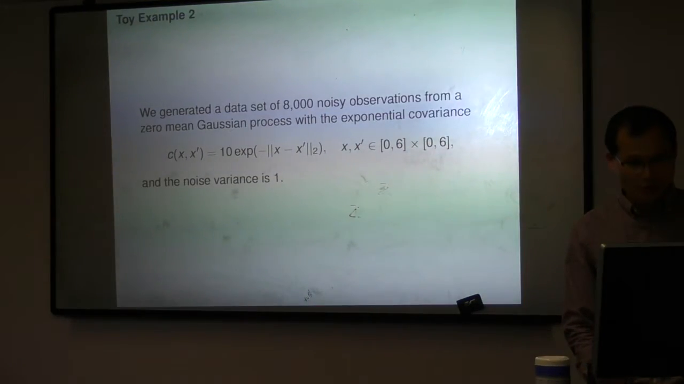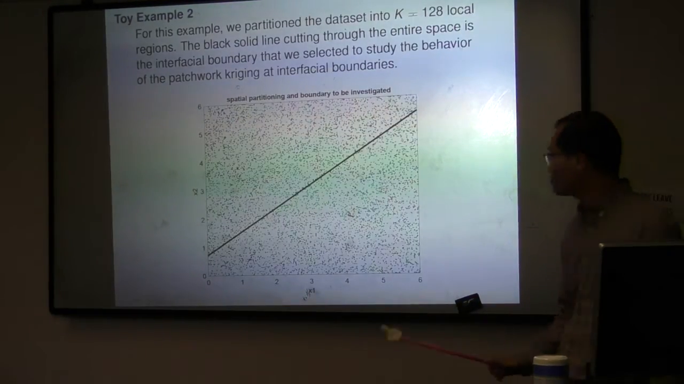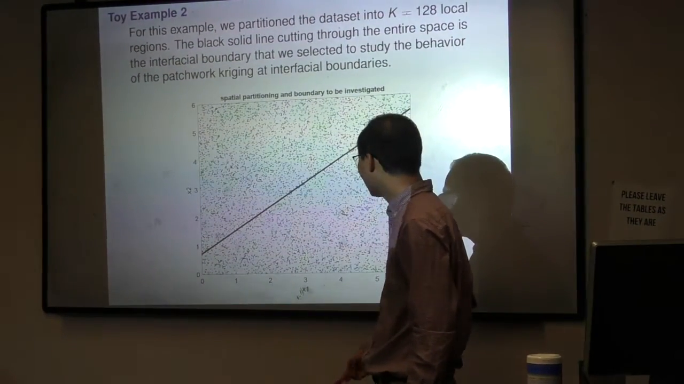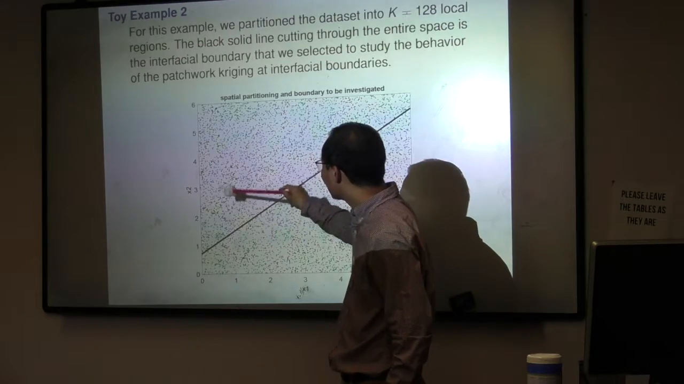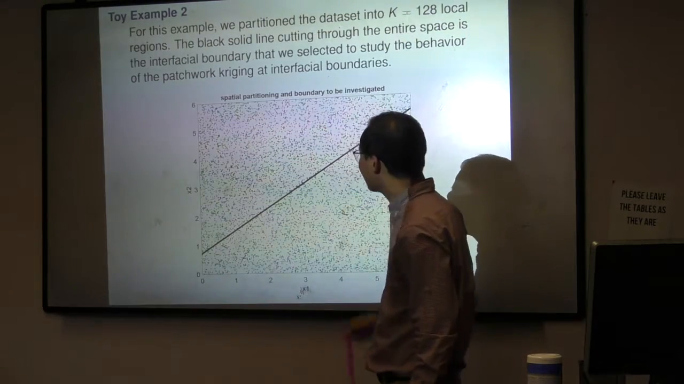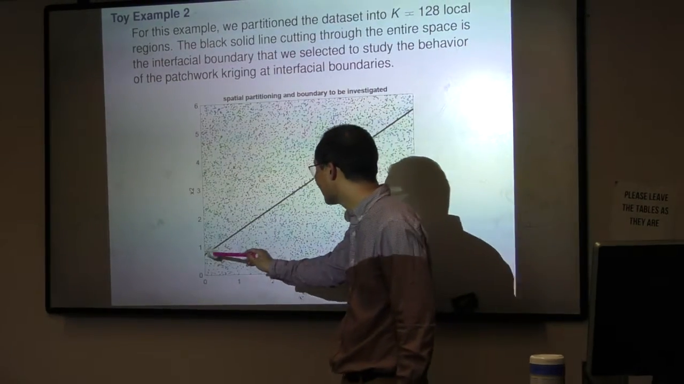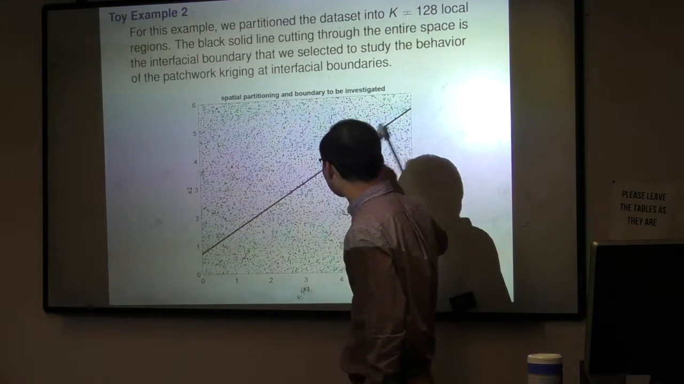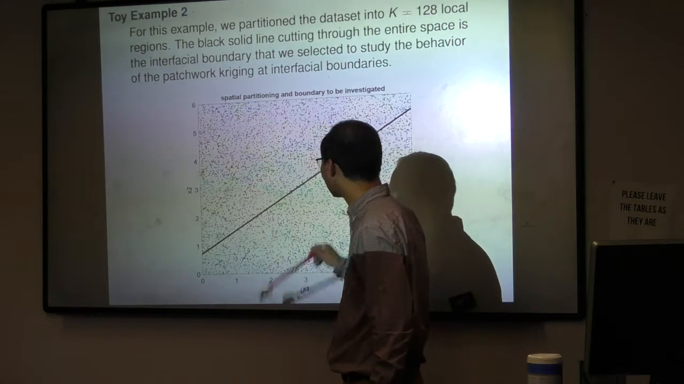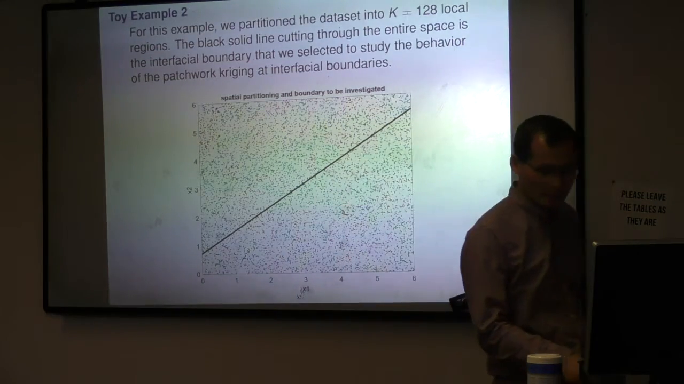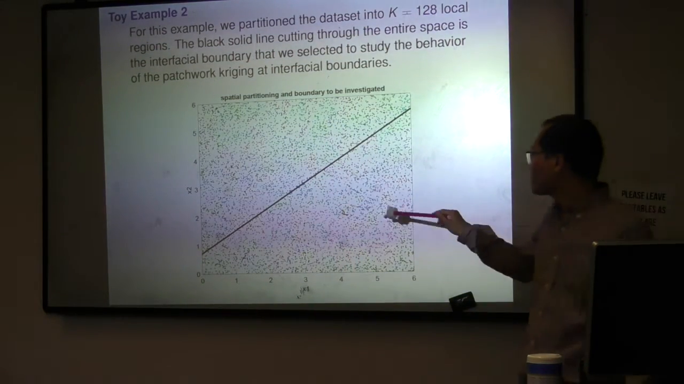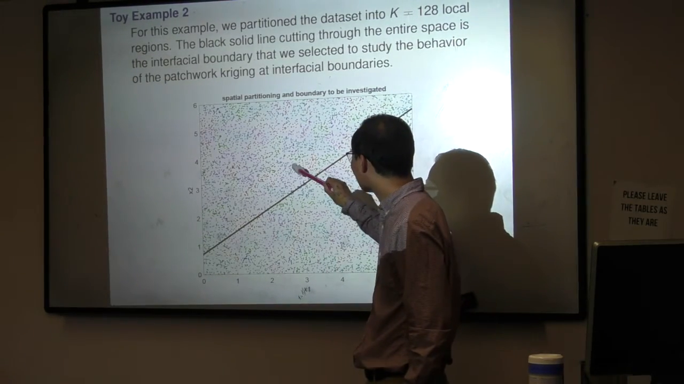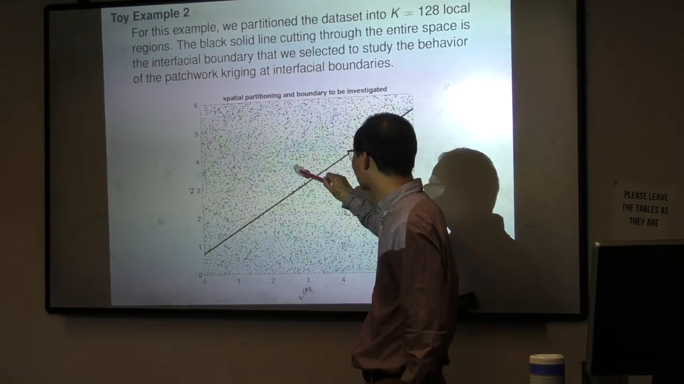So this is one toy example, and the second toy example is in 2D, with exactly the same covariance but in a 2D input domain. What you do is partition the data into 128 domains. Then we cut one internal domain through this line. That's the first partition we made in the bisections. The different colors mean different domains. So this is one domain, this is the second domain. I just use the color for